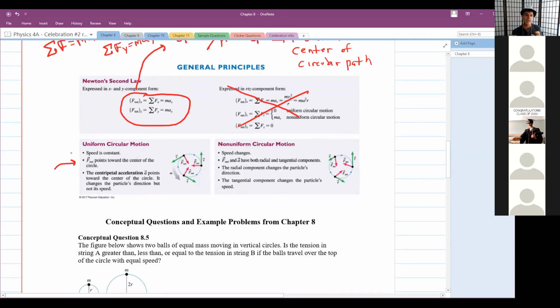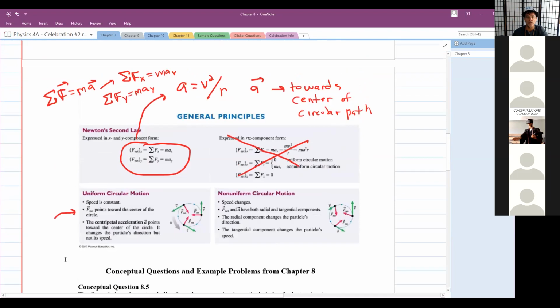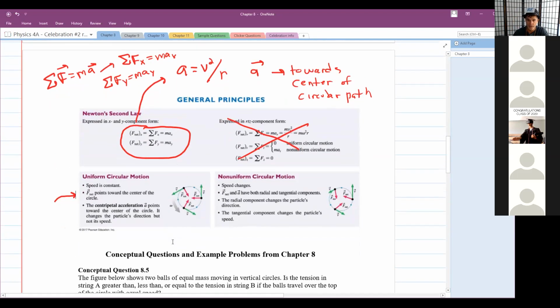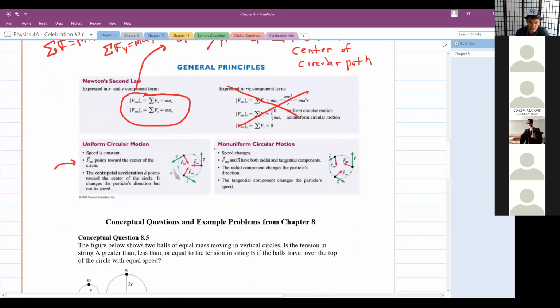And keep in mind, even though the magnitude of the centripetal acceleration doesn't change in uniform circular motion, the direction does constantly change. So uniform circular motion is not motion under constant acceleration because the direction of the acceleration is changing. So in terms of uniform circular motion or non-uniform, the big thing to know about this is really conceptually. If I asked you for the total acceleration of an object, you should be able to tell me what quadrant